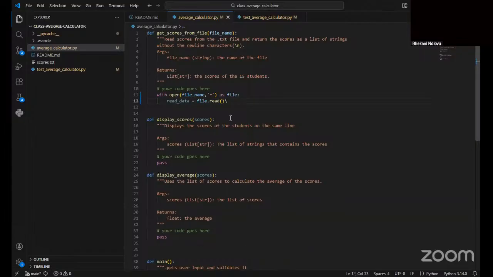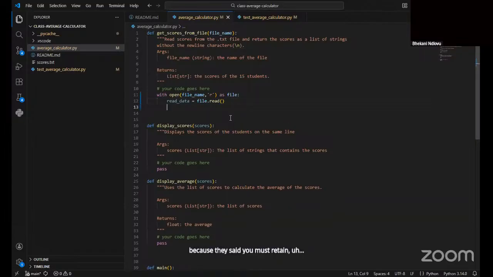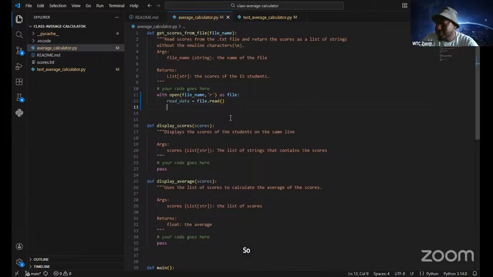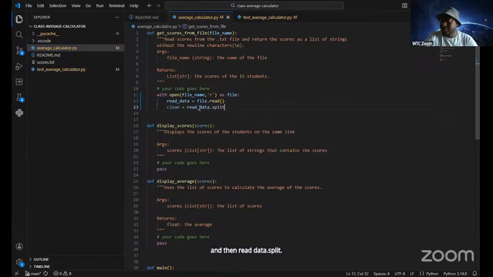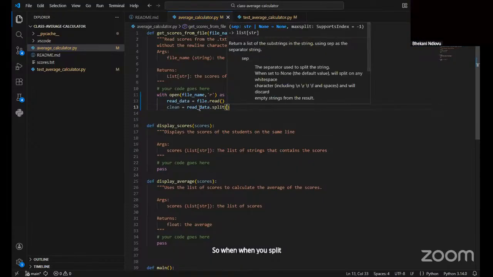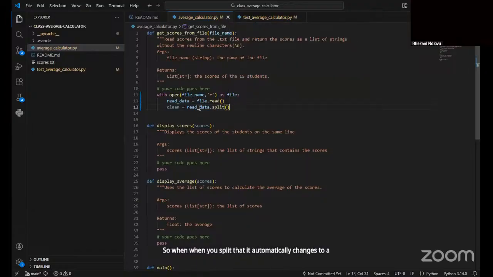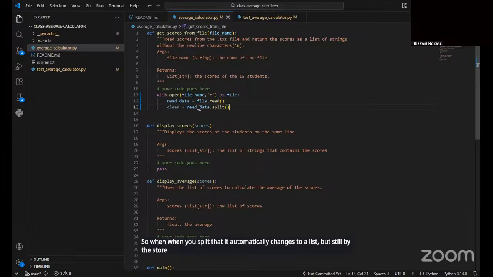because they said you must return a list of strings. So we say clean. Just give it a variable name called clean, and then read data dot split. When you split that, it automatically changes to a list, but they're still strings. So we return clean.